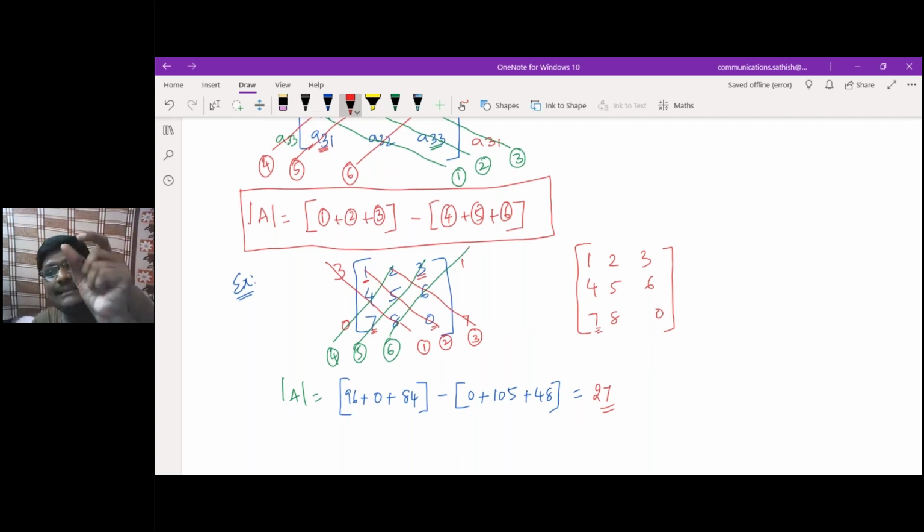Likewise, by seeing the matrix itself, you can tell the answer directly. Just multiplication only. No need to write this side, that side. If you practice 3 to 4 problems, then you can get the direct answer. But you understand what I'm saying here? I hope you people are following.